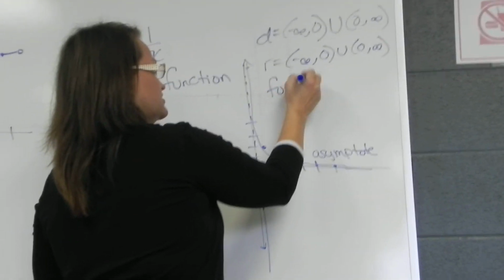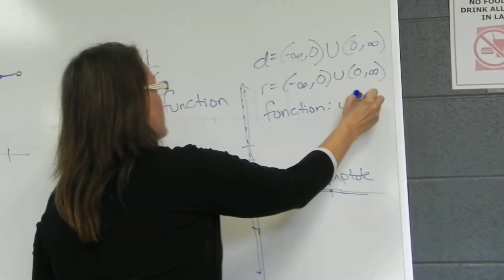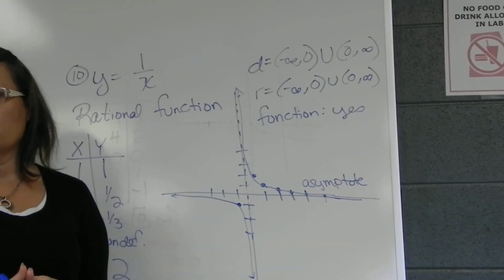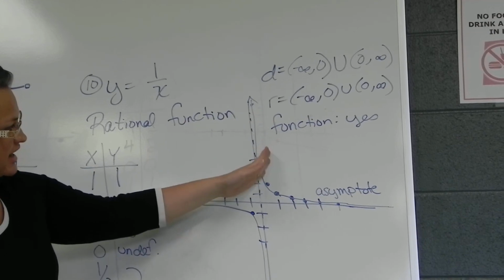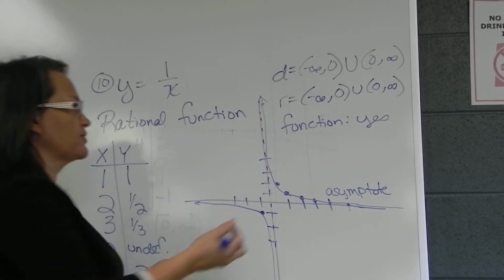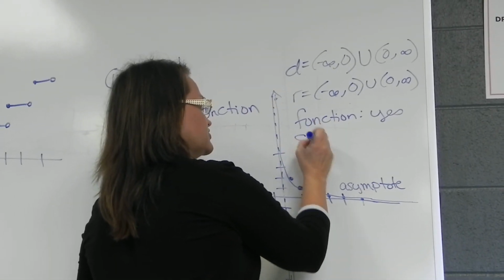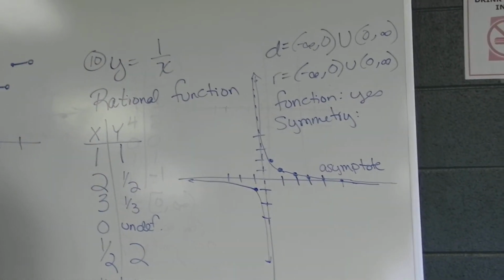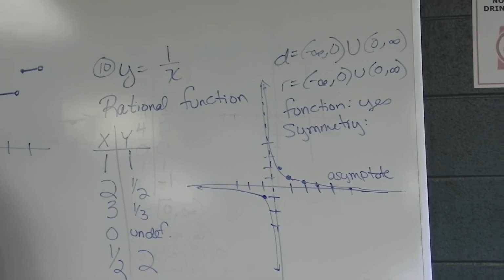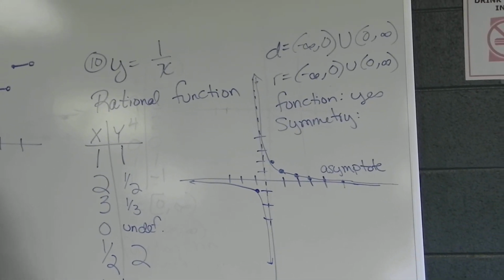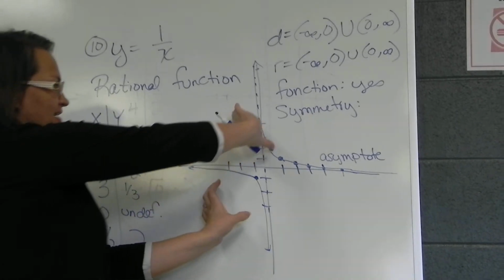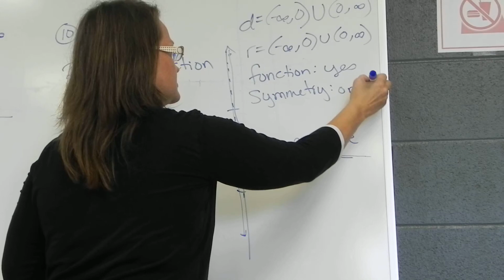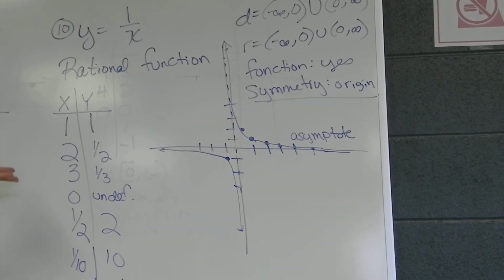It is a function. There is no repeat here. It's called the rational function, so I've kind of given that away. If you draw vertical lines, it looks almost straight here, but it's actually curving in, so there's no repeats there. And what's the other one? Symmetry. It actually does have a symmetry. The origin, you could rotate it, and these curves are exactly the same curves when you move it 180. All right, so origin symmetry. Okay, so a lot of that, like I said, you want to go ahead